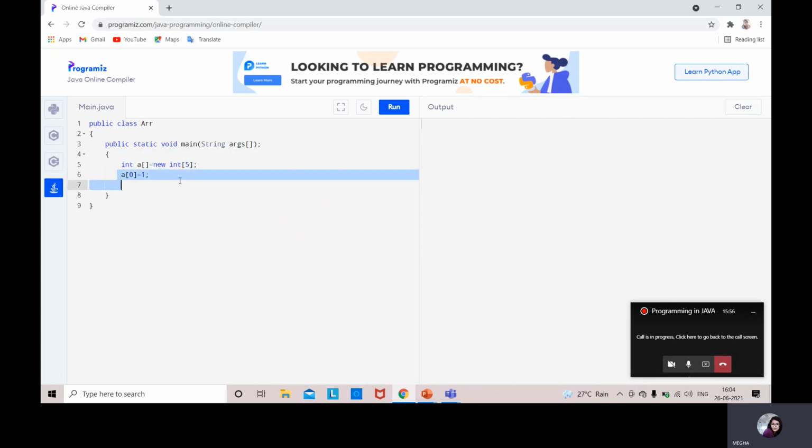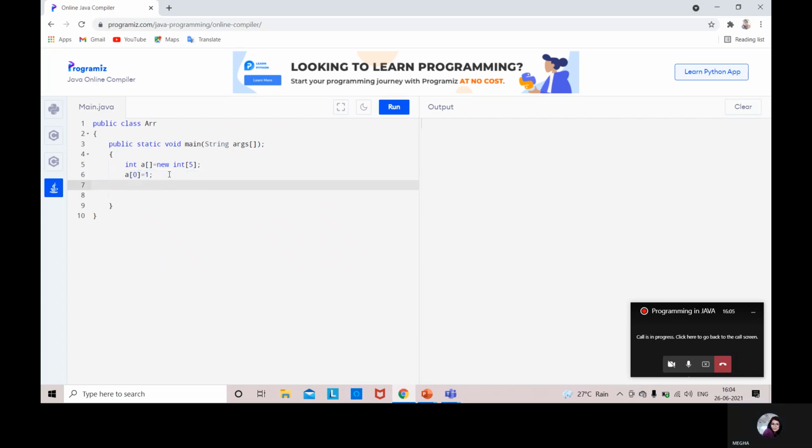Similarly, let us initialize the other variables also. At the first position, we'll store the value 2. The same way, at the second position, we'll store the value 5.